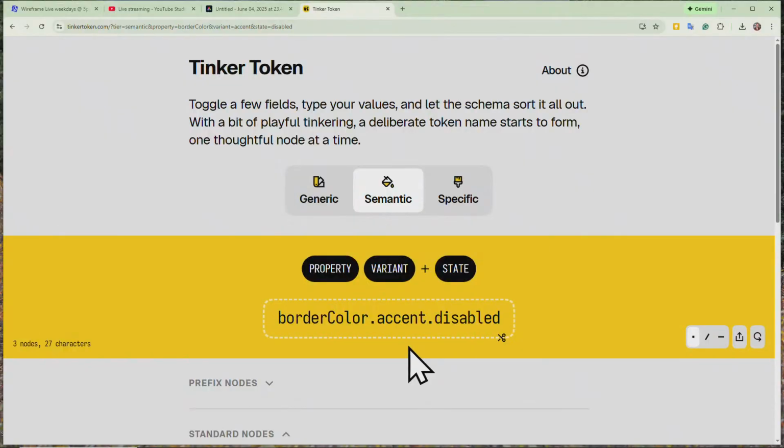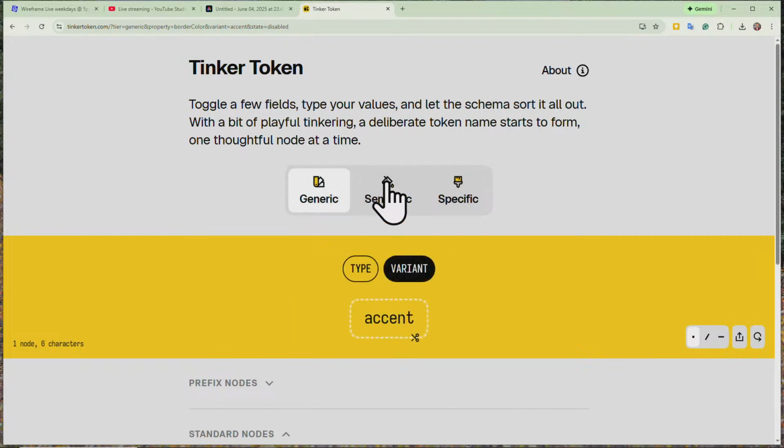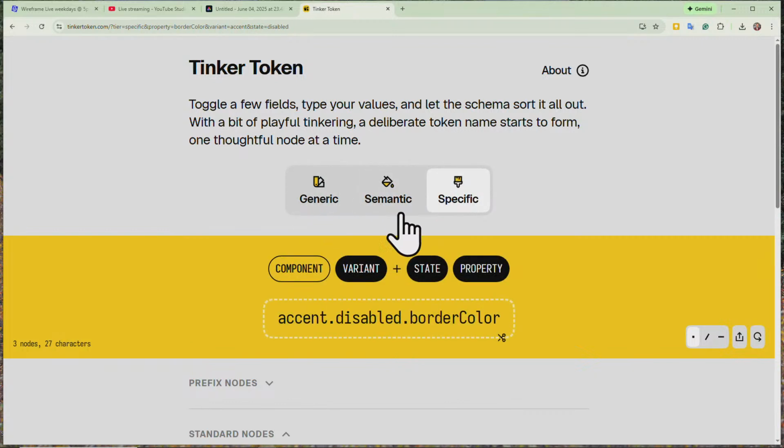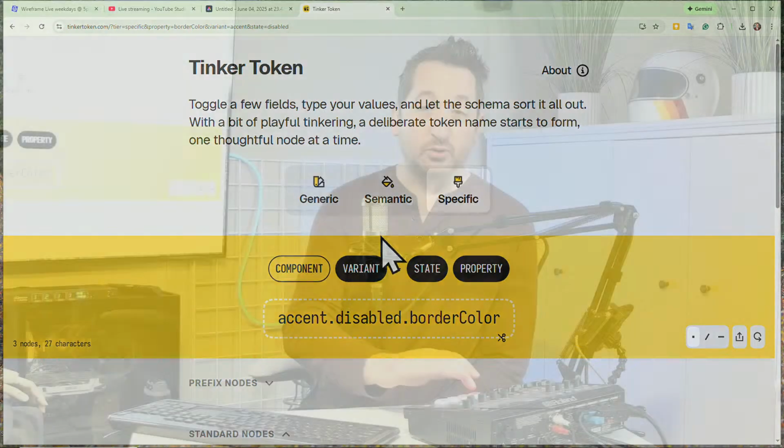That's what's happening here. Now, another thing that's in here is the generic, semantic, specific, right? These things over here. I think, again, the design of this is really cool, changing the kind of composition that the token is going to be. I think that's pretty cool. Obviously, we can get into the whole naming of what these things are supposed to be. Doesn't really matter too much, right? What I talk about is primitive, semantic, and then component. That's the way that I design it. It's fine, whatever.